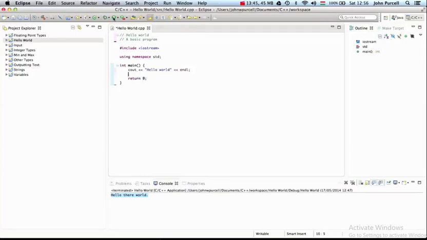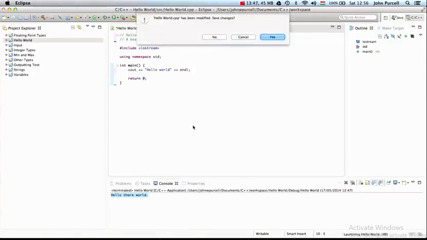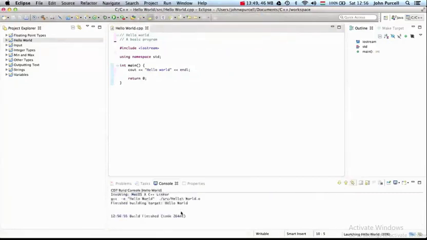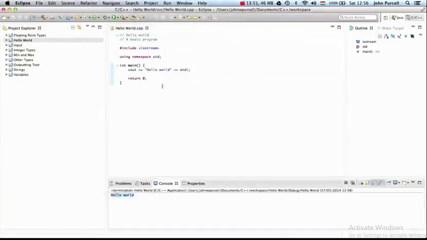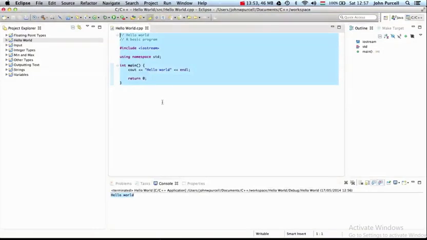And then let's run this again. So I'll click the run button, I want to save it, and it says hello world. So this is a complete C++ program. You can experiment with this a little bit if you want, but we're going to look at that more in a future tutorial. And probably at the moment, any change you make will probably break it,